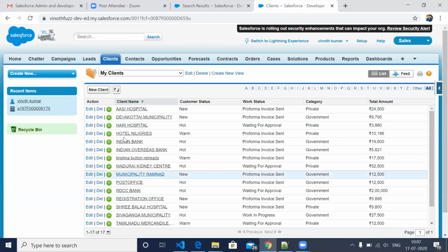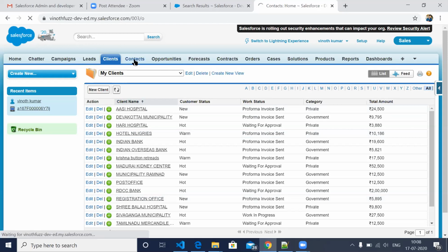And these names of hospital, office and all are records, that's correct. So everything here is records. This is a field, and this is an object, meaning the table name. That's how we have everything.